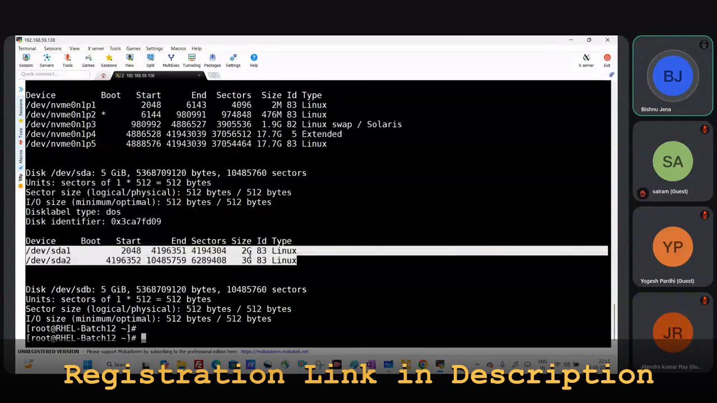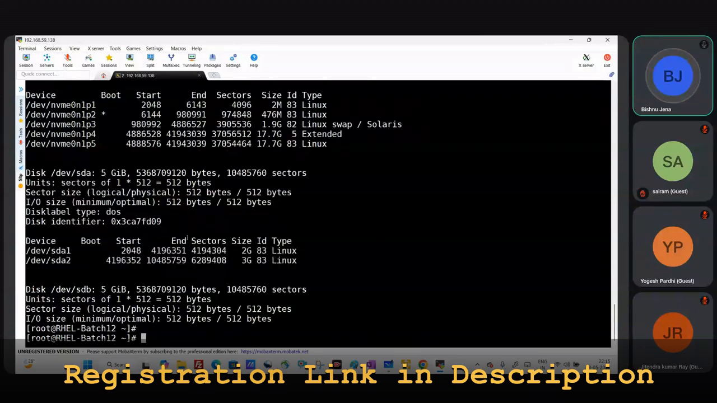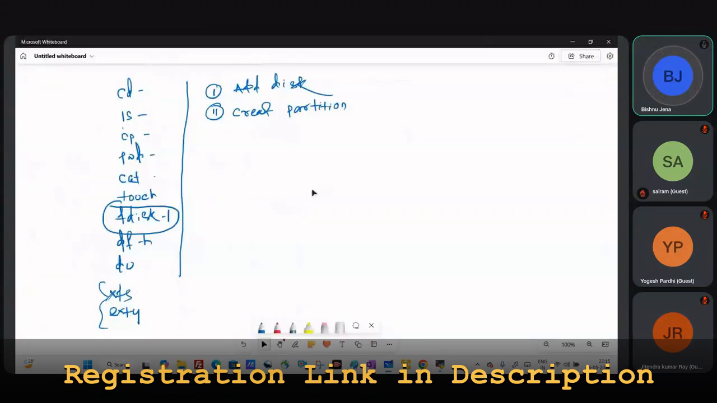Once we create the partition, what we have to do is make the file system. File system means we have to format these partitions according to our requirement. So what is the format? We have to use either XFS or ext4, and the command is